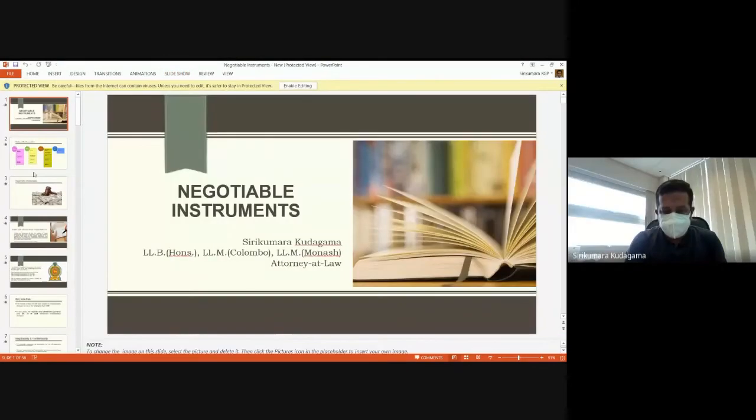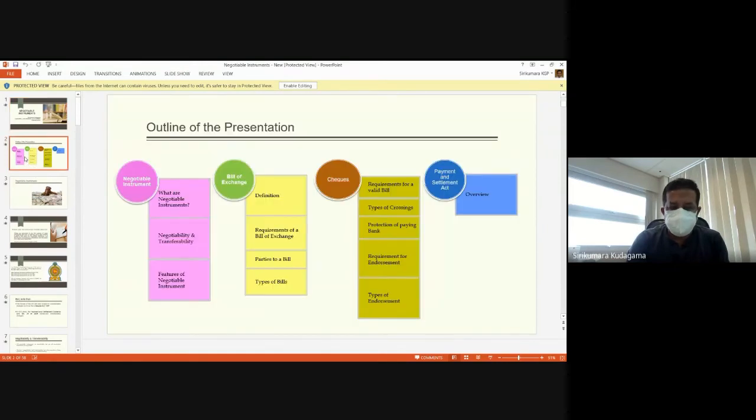With this topic, which is negotiable instruments, we'll see. Please look at this outline or arrangement of the presentation. So we are going to discuss what negotiable instruments are, and then we would go on to negotiability and transferability concepts and features of negotiable instruments, as well as certain definitions, those of the bill of exchange as well as a check, and certain other things like parties to a bill and types of bills, and about